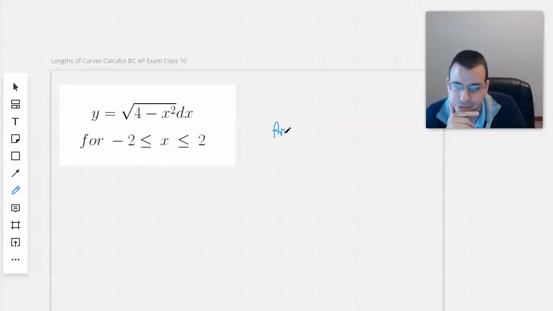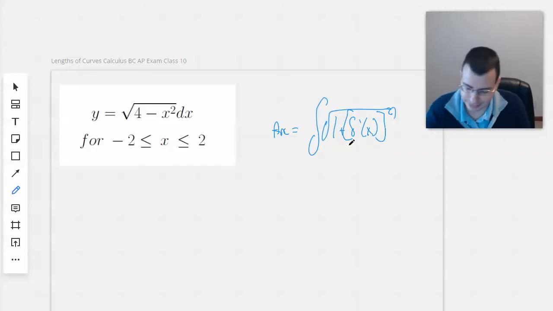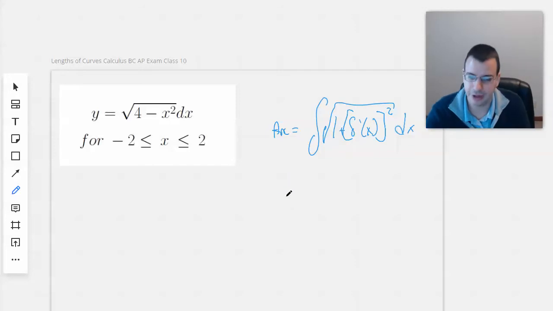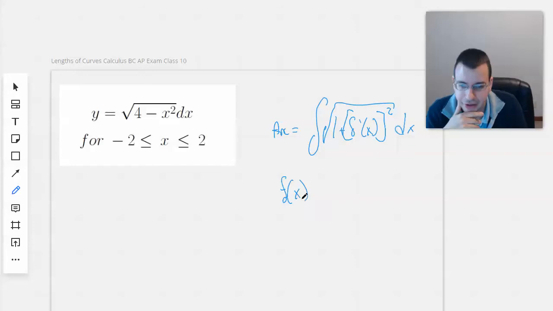So arc length. And we'll do the integral of the square root of 1 plus f prime of x, quantity squared, dx. Okay? And so, let's see here. F. I panicked halfway through that. Gotta commit. So f is the square root of 4 minus x squared. And the first thought here then is